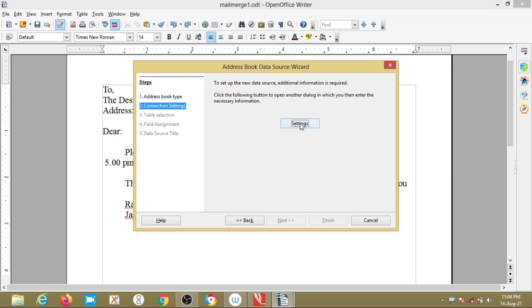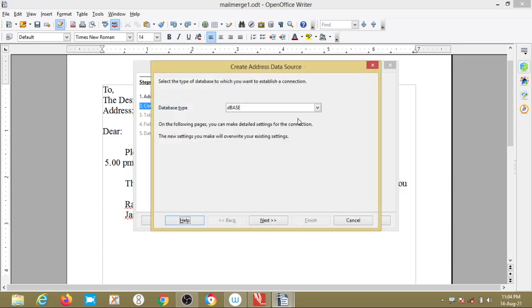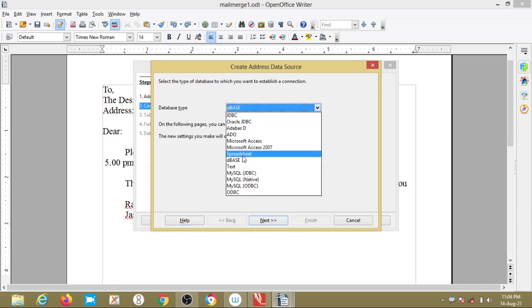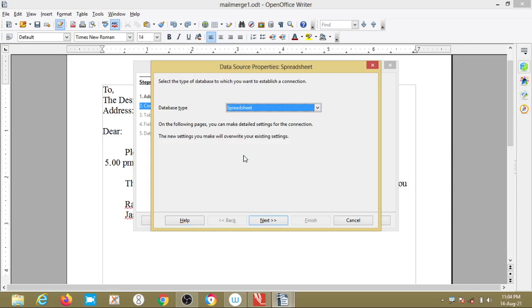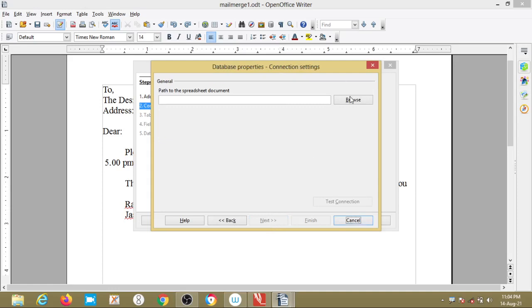In order to choose the spreadsheet, we go to the settings. In this you will get a database type. In this we have to select spreadsheet, then click on the Next button. Then one more database properties dialog box will get opened.